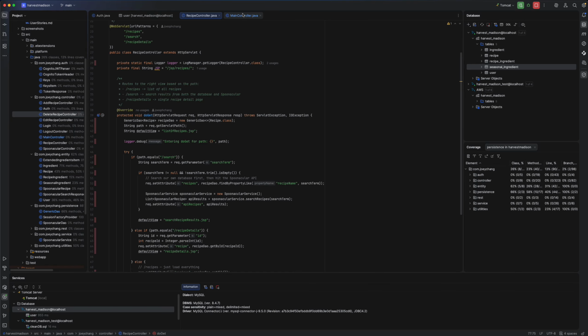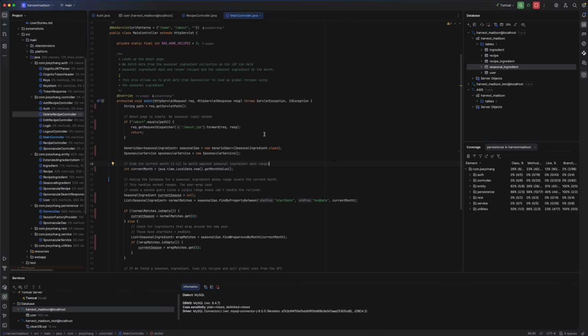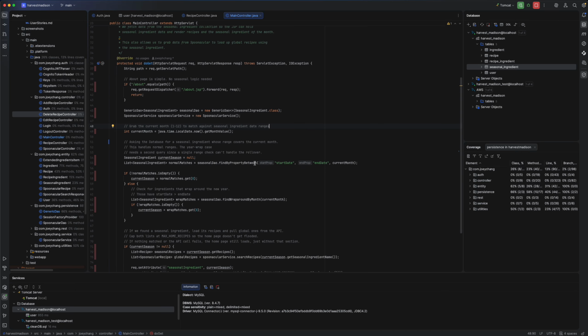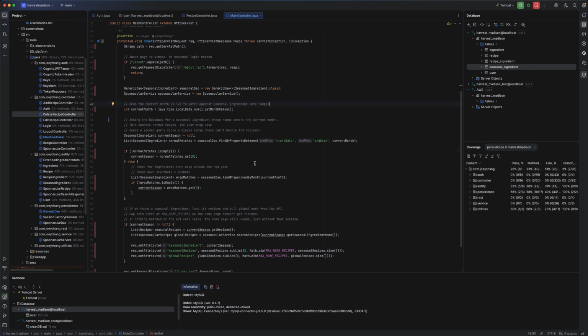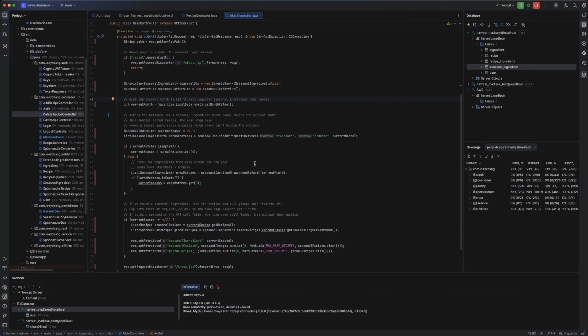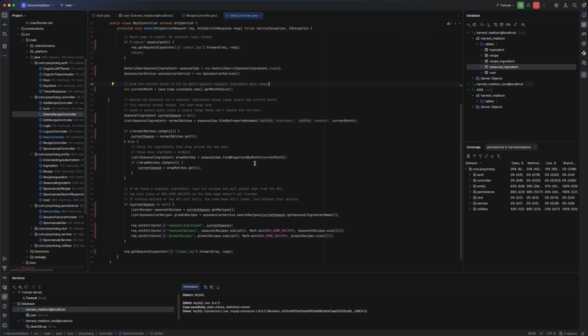And finally, I want to highlight the seasonal integrity logic inside my main controller, which is the heart of the app. The homepage doesn't just display static data, it dynamically grabs the current month and queries my seasonal ingredient database. I even had to write custom DAO methods to handle complex date ranges like ingredients whose seasons wrap around a new year. Once the controller figures out what is locally in season,